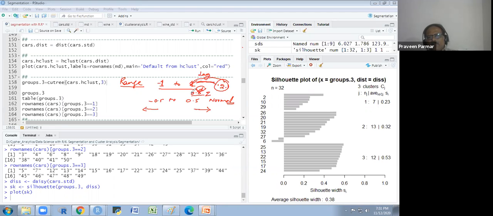If some variable has a skewness of, suppose, 0.8, then which formula will you apply? That I explained to you: x minus median over mean absolute deviation. This formula we apply for the skewed variable. And if you have a normally distributed variable, where we see the skewness is between these limits, then we apply z equal to x minus x bar over standard deviation. Got it?